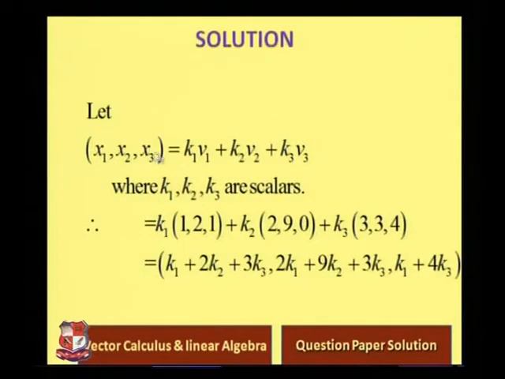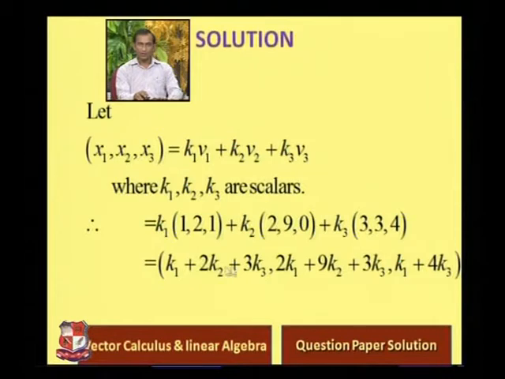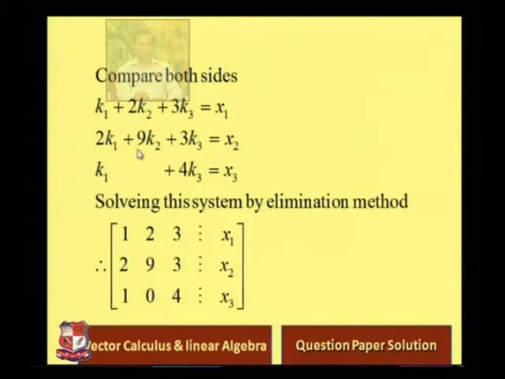So let (x1, x2, x3) equal k1 times vector v1 plus k2 times vector v2 plus k3 times vector v3. Here k1, k2, k3 are all scalars. Now substitute all values of v1, v2 and v3. So we get this form in k1, k2, k3. Now compare this and this expression. So we get k1 plus 2 k2 plus 3 k3 equals x1, and similarly the second and third equations. We use the Gauss elimination method to solve this